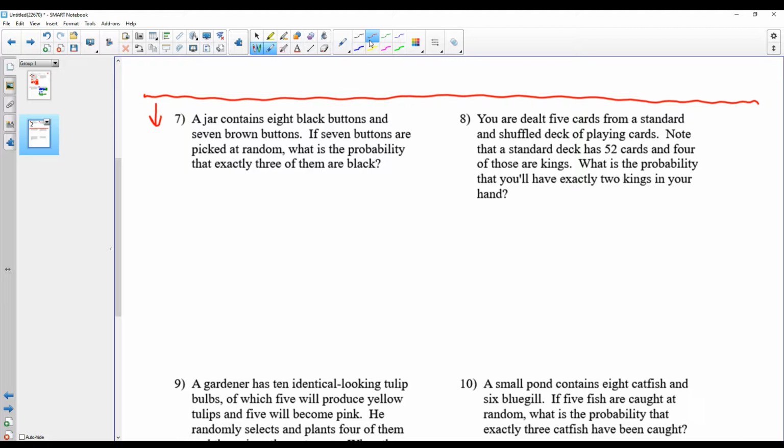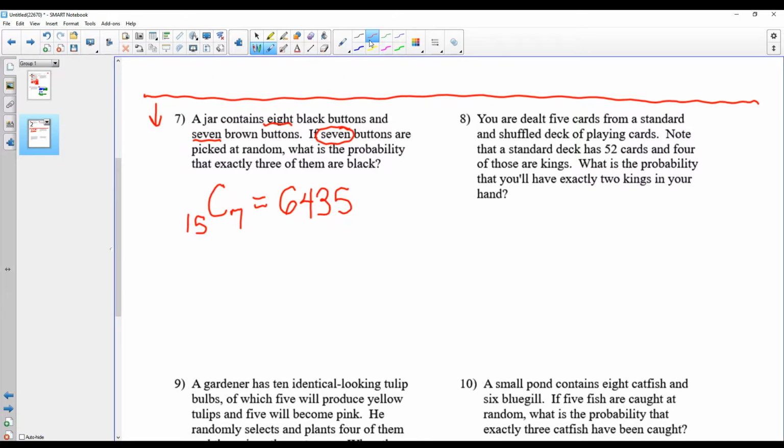So let's figure out how many total options do we have? How many different ways can we combine 7 things? Because we're choosing 7 buttons. Out of how many total buttons? Well, I have 8 black and 7 brown, so I have 15 buttons altogether. So how many different ways can I choose 7 out of my 15? So altogether, I have 6,435 ways,